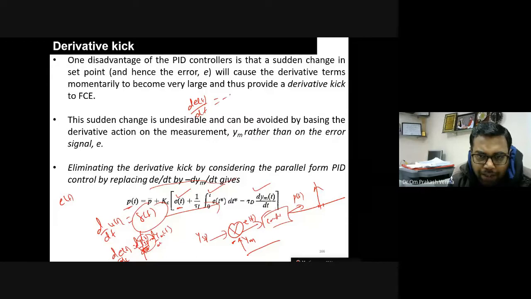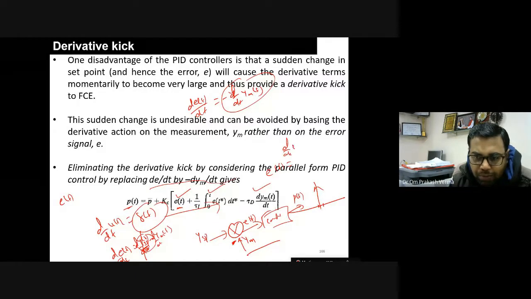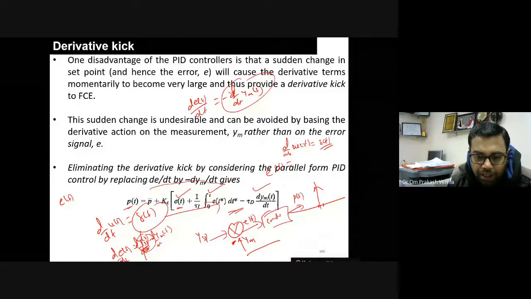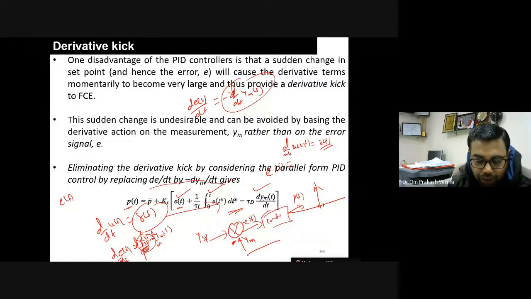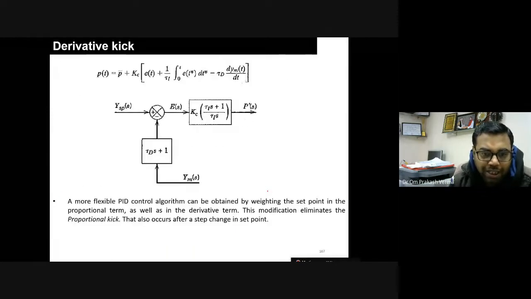and therefore I am saying det by dt को अगर हम minus dym by dt लिखें तो इस मैकेनिज्म के चलते आपका डेरिवेटिव, डायरेक्टली ET जो कि हम d by dt ऑफ UT कर रहे हैं, इससे आपको क्या मिल रहा है? आपको मिल रहा है एक इम्पल्स सिग्नल. तो इस सिग्नल को हम लोग एलिमिनेट कर सकते हैं. So therefore we are writing dym by dt in place of de by dt, right? So ये था लॉजिक.